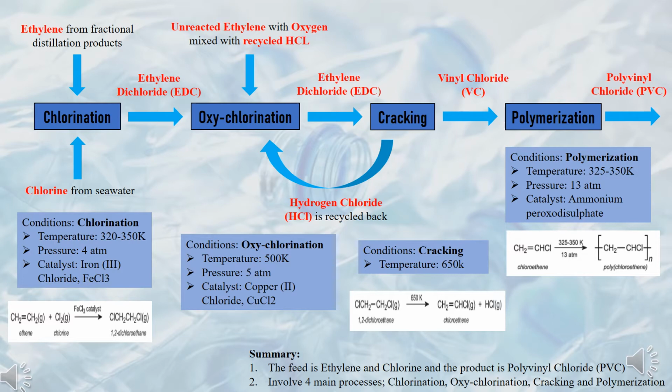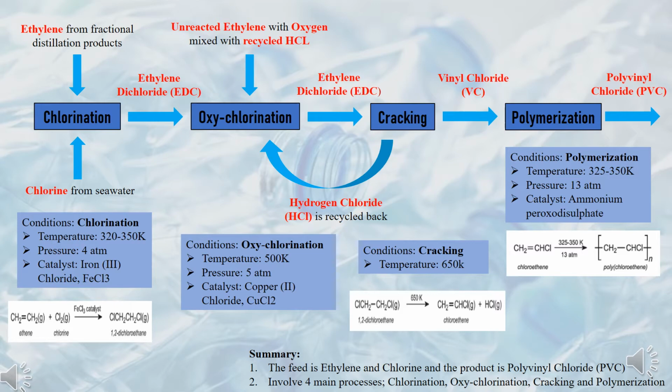First, chlorine and ethylene react together, which gives ethylene dichloride, or EDC, in a process called direct chlorination. The second process is oxychlorination. Unreacted ethylene from the first process is mixed with air enriched with oxygen and hydrogen chloride, HCl. HCl is obtained from the cracking process of EDC, which is the byproduct sent back to the oxychlorination